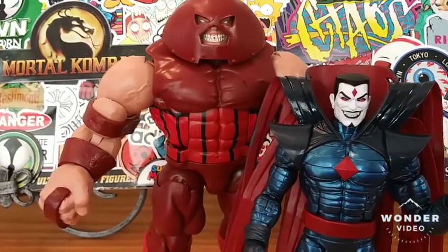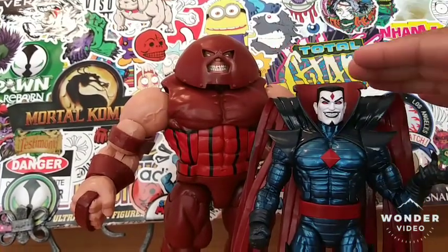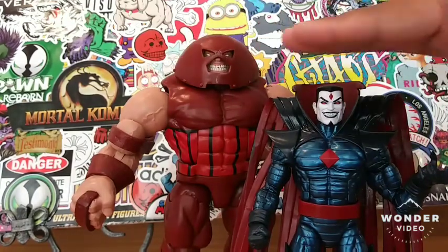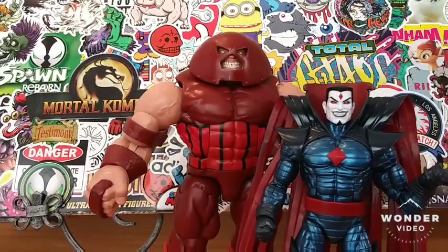He is pretty big. But the reason why he's big, like I said, is because of the collar. I think if you take away the collar and the cape, they measure up pretty nicely with this Mr. Sinister. And Mr. Sinister is a pretty big guy. And just for the hell of it,